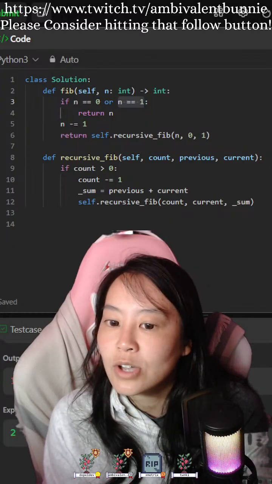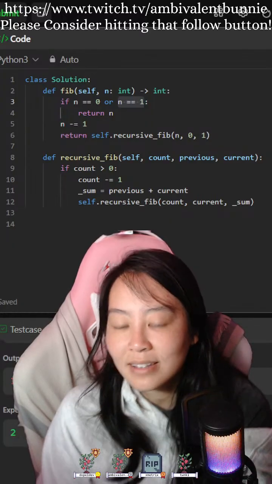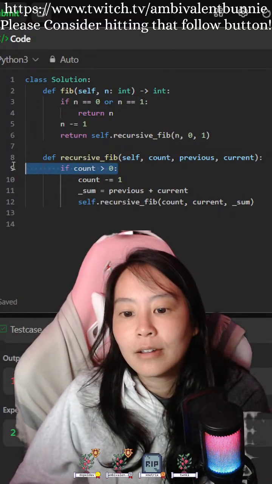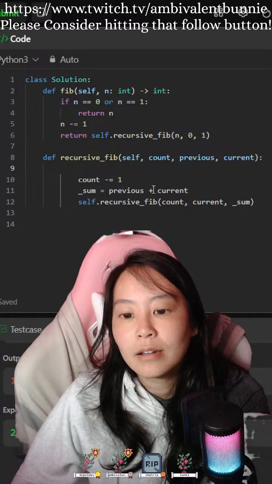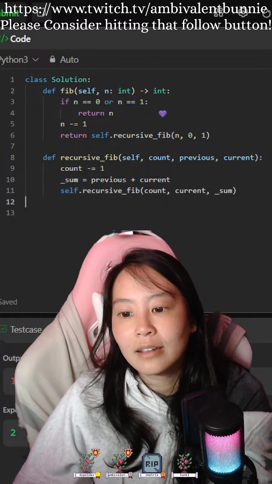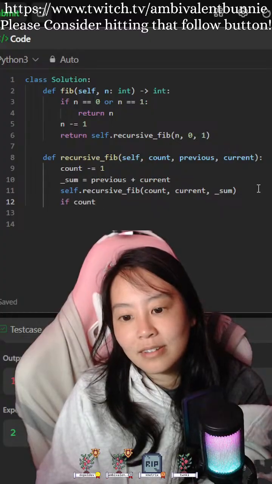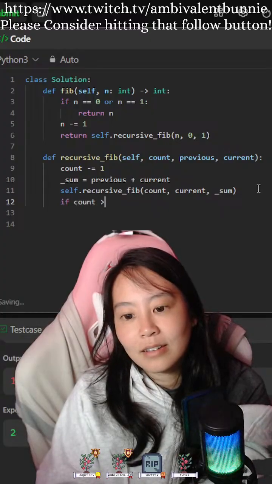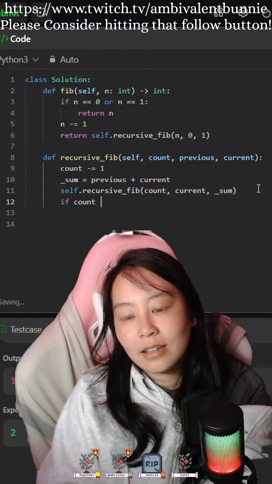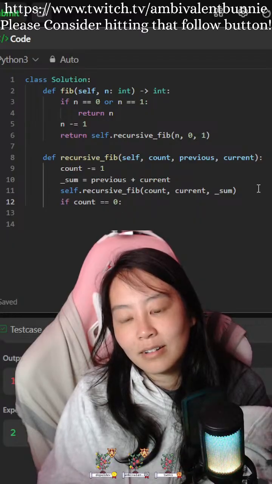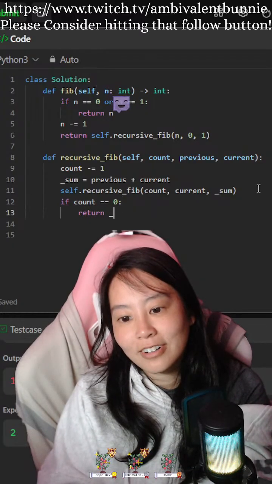So basically, if count equals 0, return sum.